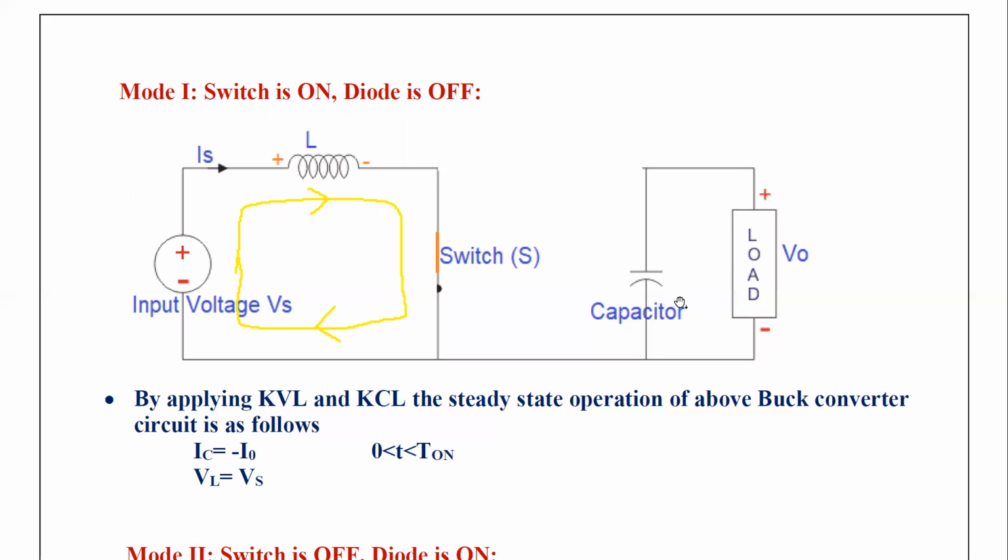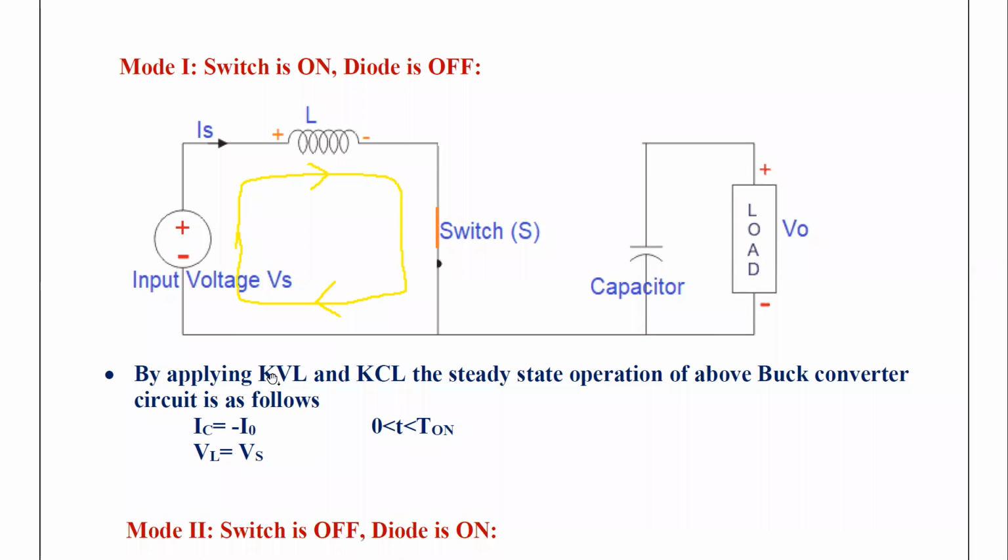And here the capacitor current IC is equal to minus I naught. Actually, when you use the circuit for the very first time, there will be no capacitor current and no output current. But we are talking about the steady state behavior of the circuit, so we assume that there exists some amount of current in the capacitor. This capacitor will be acting as a passive element. Therefore, whatever current exists in the capacitor flows through the load in a reverse manner. Therefore, we have the polarity of minus across the output voltage. Actually, this is during steady state operation.